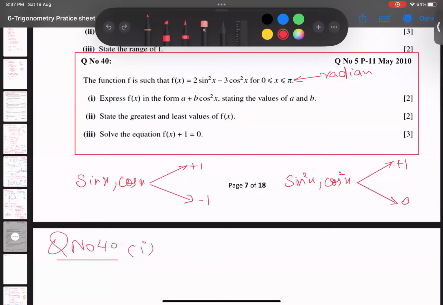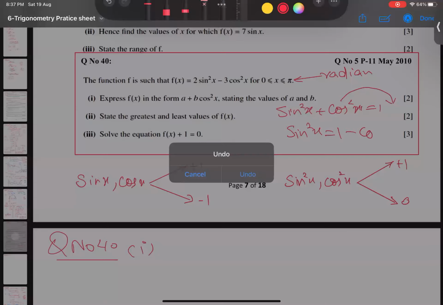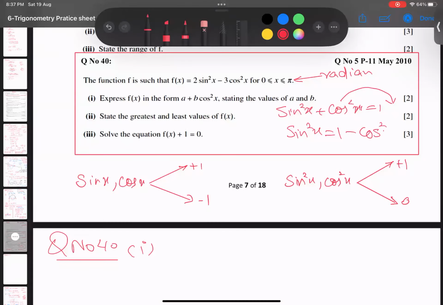But you know the formula we have, I'm writing it in the middle here: sine square x plus cos square x is equal to 1. If I don't want sine here, I will bring cos square to the other side. So it will turn into this form, 1 minus cos square x, and all students are familiar with this. If I replace this value here, I will get my answer. So let's start. Bismillah ar-Rahman ar-Rahim. For 2 marks,